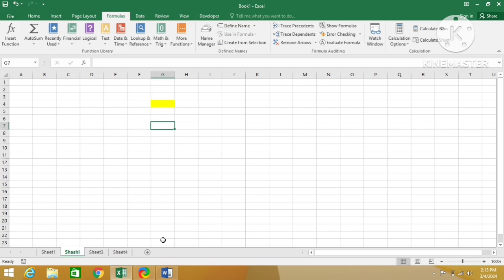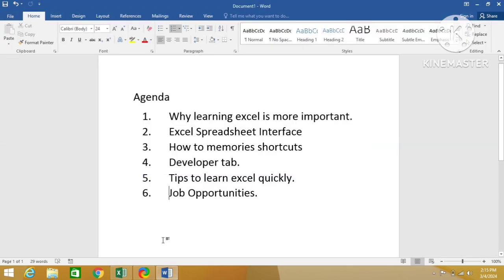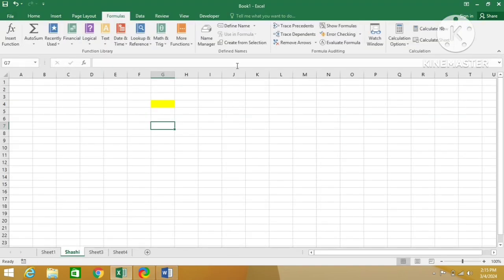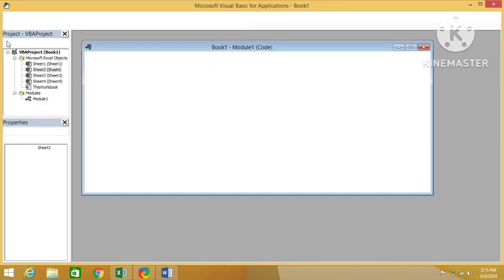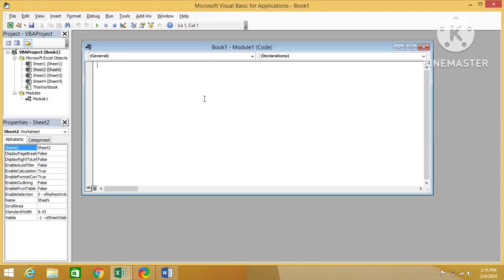and if we talk about the fourth point in our agenda, developer tab, which I already told you, this is the developer tab which we have activated now, enabled now. This tab is mainly useful for those who want to write a VBA script to automate their manual task. This is a Visual Basic Editor where you can see the white slate here. You can write the code here. There is no need to worry about this thing, because